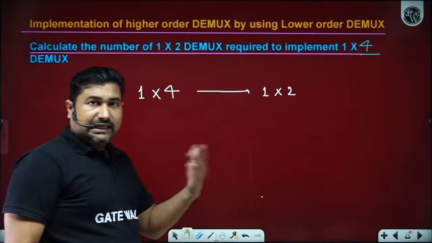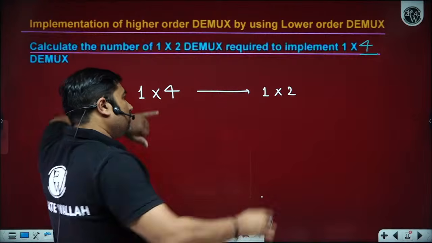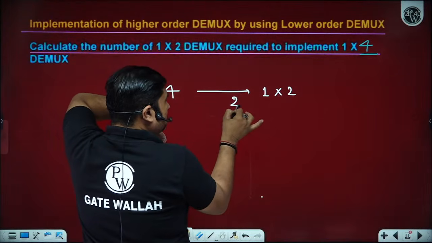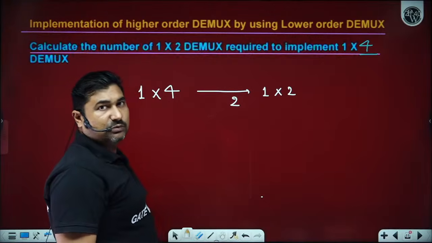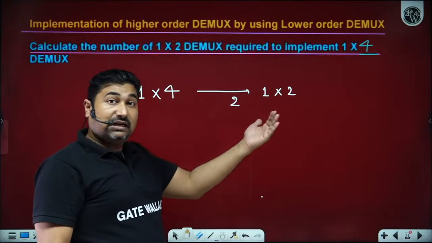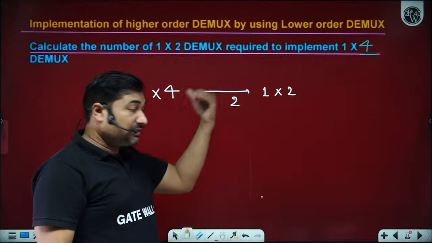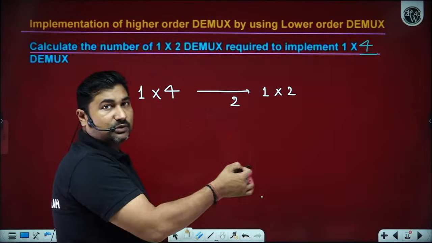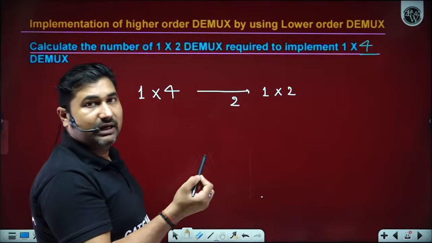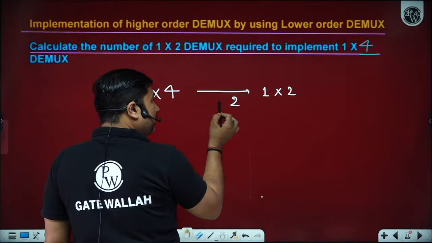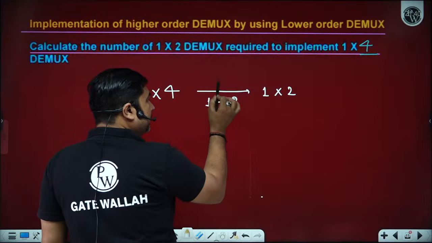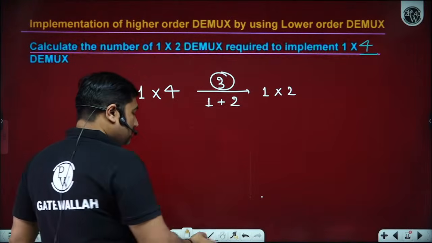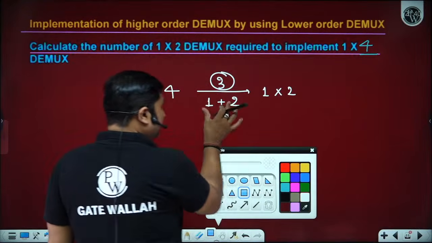Now the right side number is the higher number. You have to do the division. So this 4 will be divided by this 2. How many times? 2. You have to write the result on the rightmost side. In the multiplexer, the left numbers are higher, so we started left to right. Here, the right number is higher, so we always start the division from right to left. So this 4 will be divided by 2, giving 2. So how many in total? Sir, total 3. And the design is also available with this.